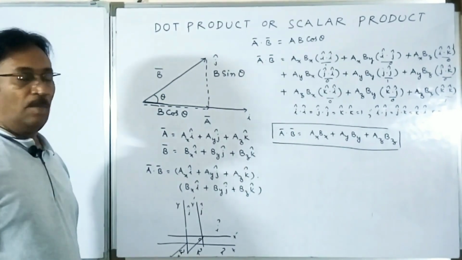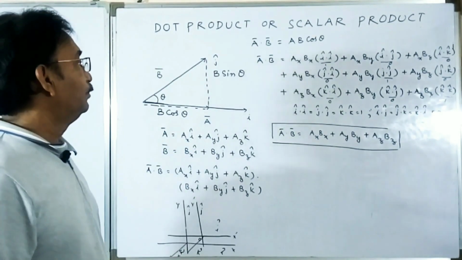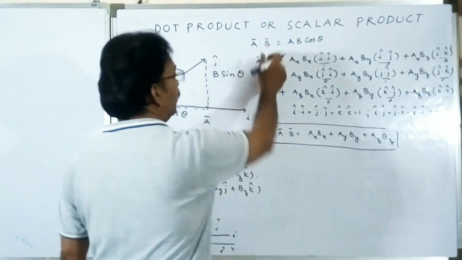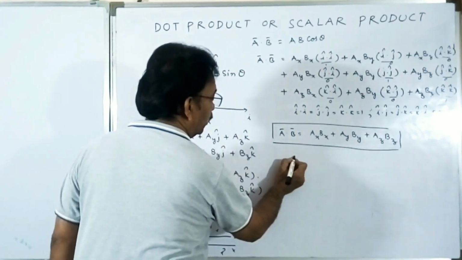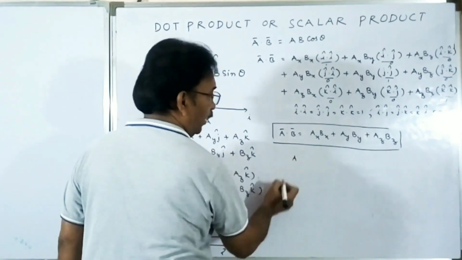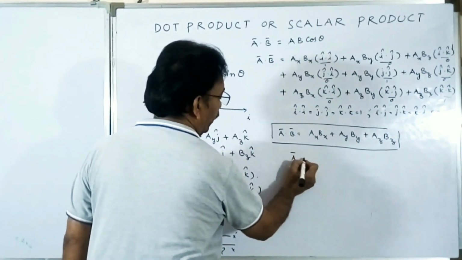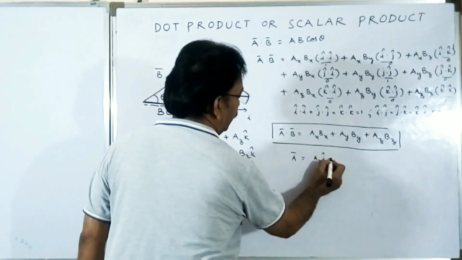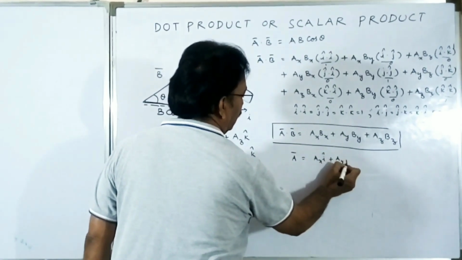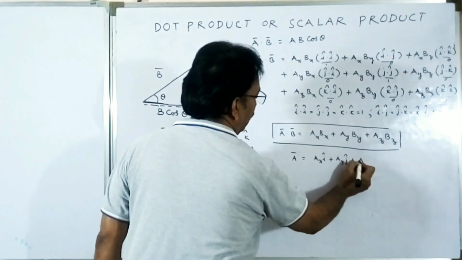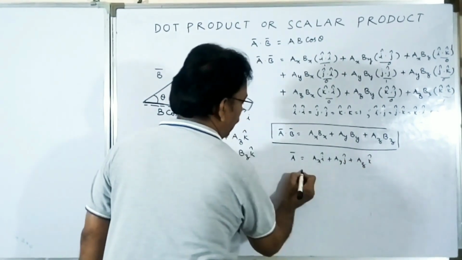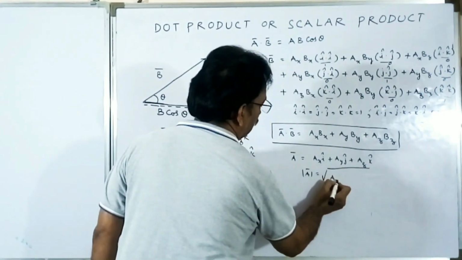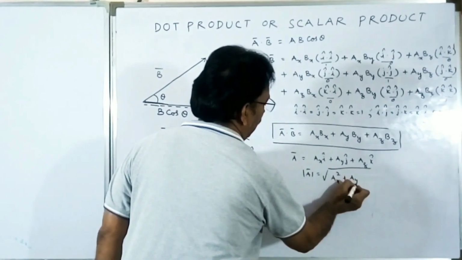Now we are finding the magnitude of the vector. Taking the same relation, first we have to find the magnitude of A. You know that the vector A is equal to Ax i cap plus Ay j cap plus Az k cap, which means the modulus of A is equal to the square root of Ax square plus Ay square